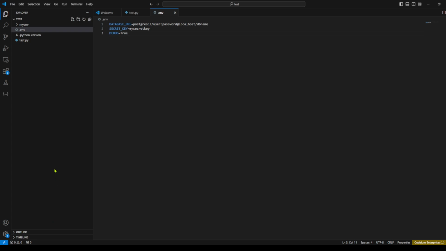To leverage these environment variables, we need python-dotenv. I can go to the terminal, otherwise the best practice is to create a requirement.txt and try to install python-dotenv,